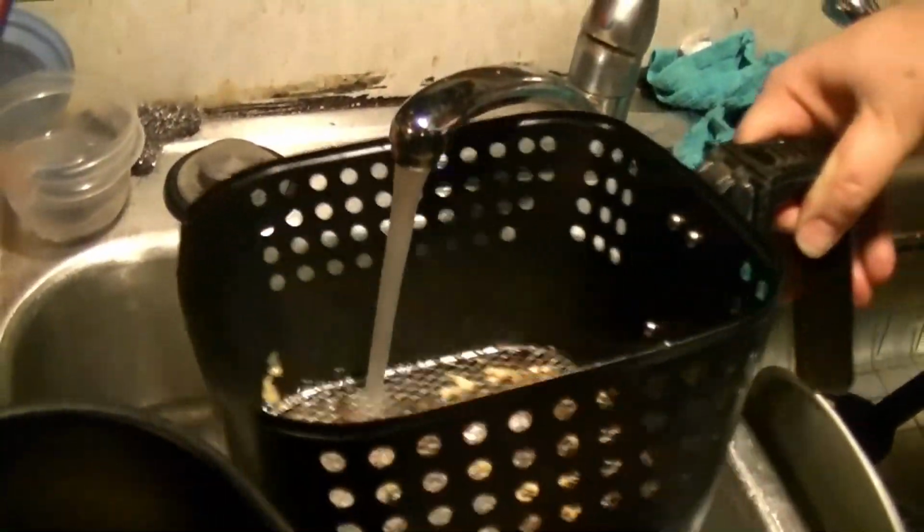I also want to make sure we show how to go about doing that for healthier cooking. And it's definitely healthier. All the grease just runs down to the bottom there. Unfortunately, so does a lot of the cheese. So let's go ahead and